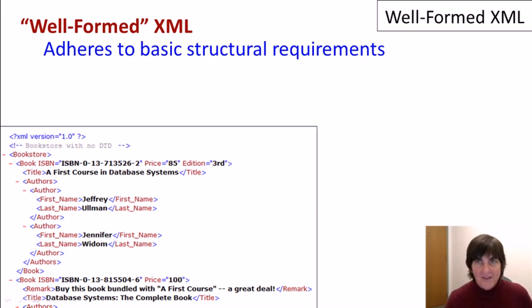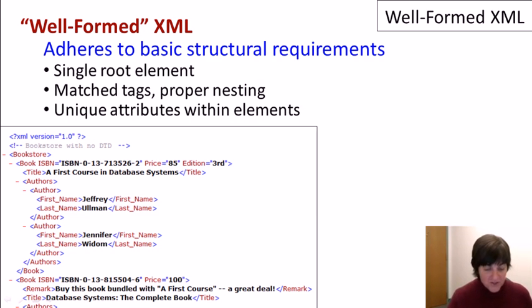Now you might have noticed that the name of this video is Well-Formed XML. So Well-Formed XML is actually the most flexible XML. An XML document or an XML stream is considered well-formed if it adheres to the basic structural requirements of XML. And there aren't many. It's just that we have a single root element, as we discussed before, a single bookstore in this case,